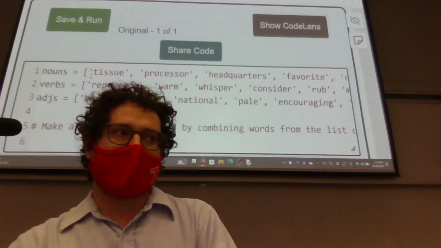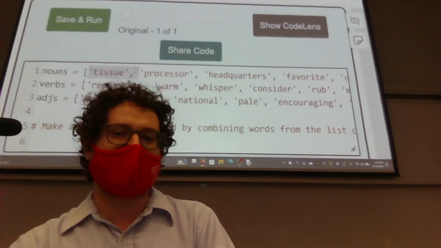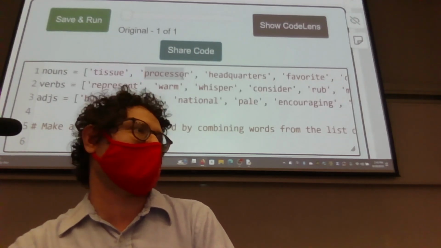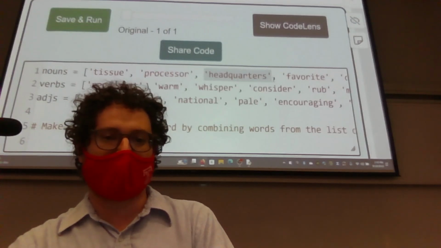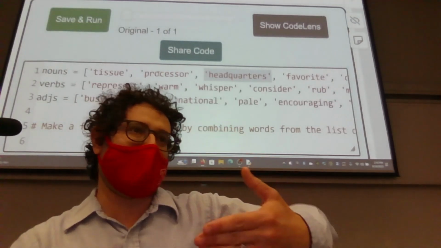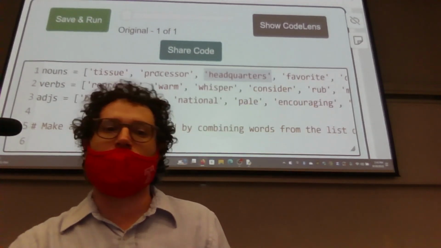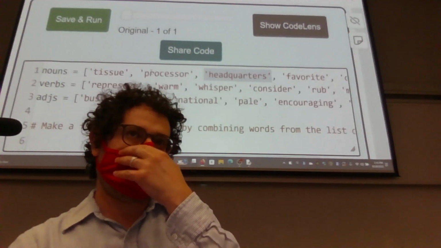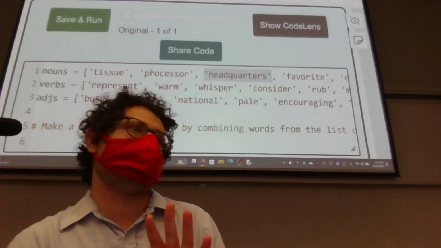Here, the first thing in the list nouns, index 0, is tissue, index 1 is processor, index 2 is headquarters. So basically it's an entire thing as opposed to one letter. But otherwise it works exactly the same as a string does. It's just a more abstract collection of things.